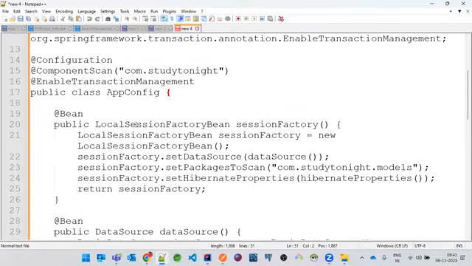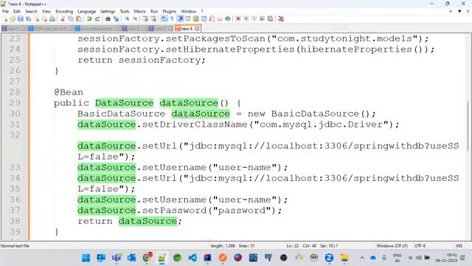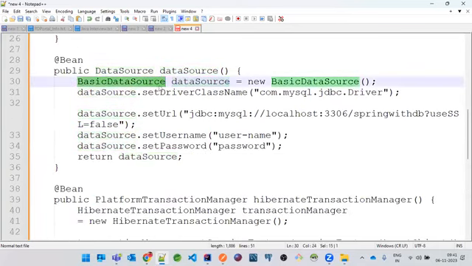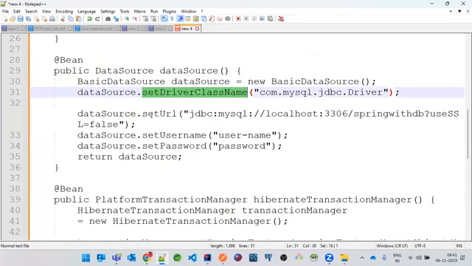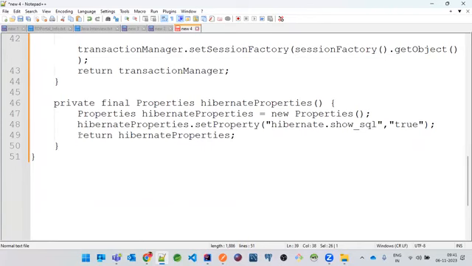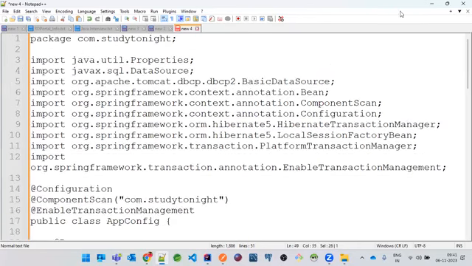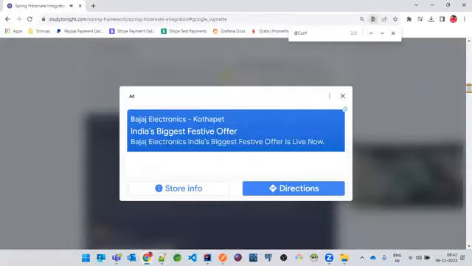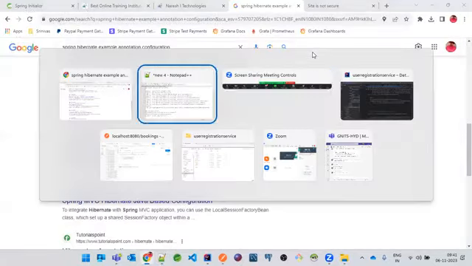right? So what he's basically doing, he's preparing the local session factory bean, where he is setting some data source details, which is something called basic data source. He's giving the driver class name, setting the URL, setting the username, setting the password, and all these kinds of things. But if you go to the next step, there's something called the platform transaction manager and all this. Do we have to do all these things if you are using Spring Boot? Okay, so let me close everything and let's go to the